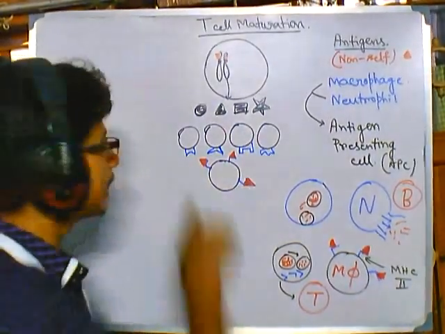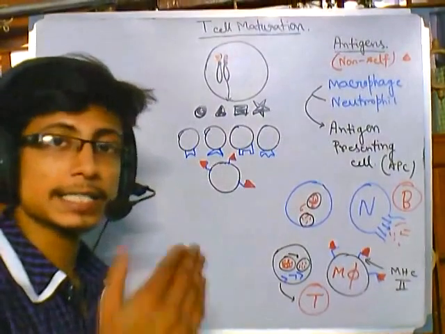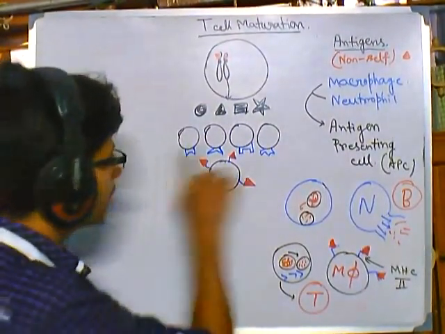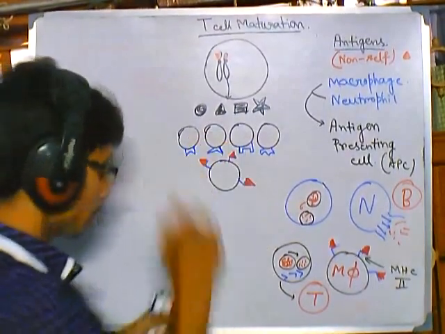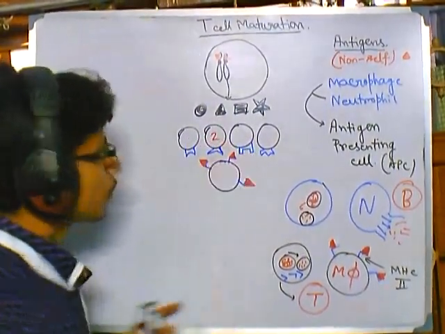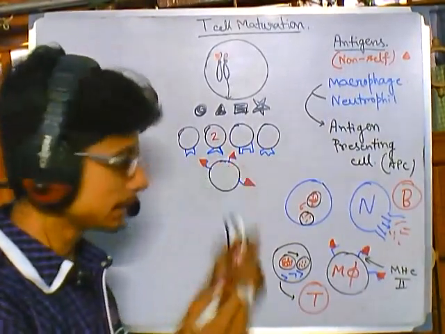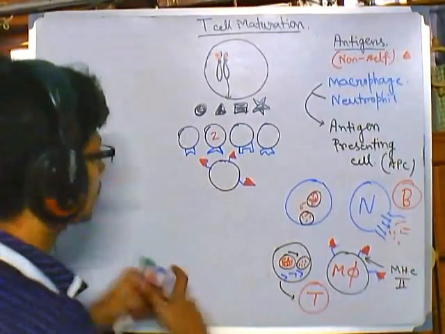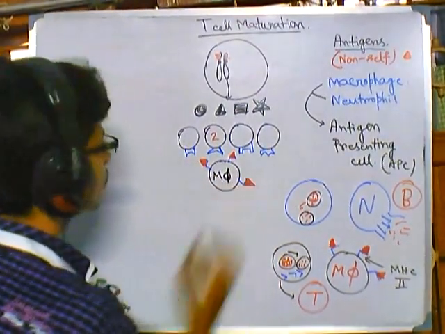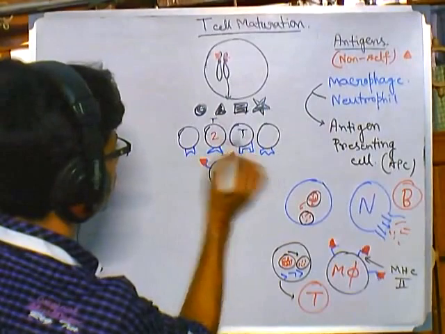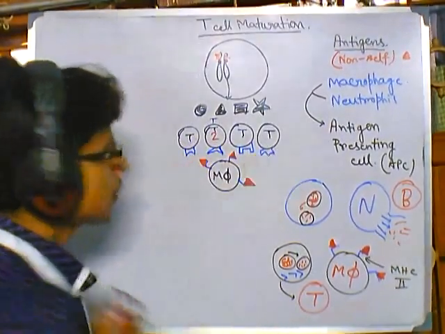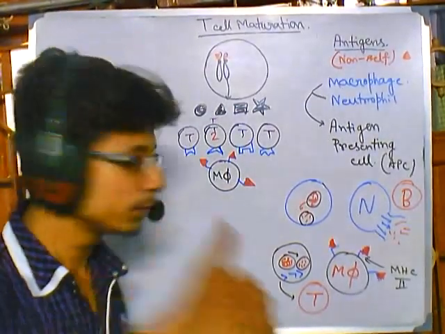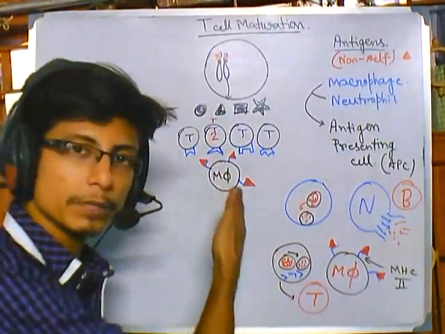and there is the pool of T lymphocytes that are generated by random shuffling of genes. Among these four, this second one is most suitable for the bonding with this kind of antigen which is being presented by the macrophage, right? So this one is the macrophage and these are all the T cells, right? So this is the interaction between the macrophage, which is moving from the bloodstream to the lymphatic onto the lymph node,